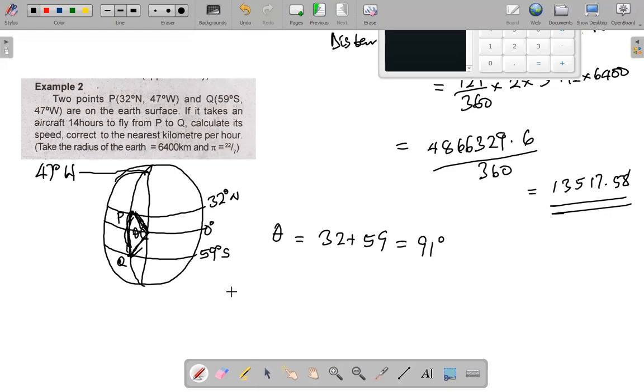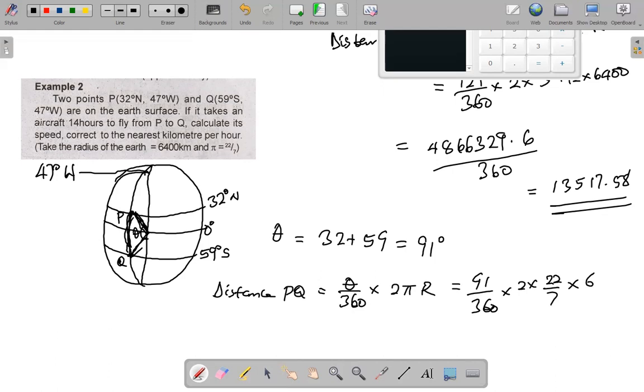From our knowledge of circles, we know that the length of arc, so let me call it distance PQ, is theta over 360 times 2 pi R. We're using capital R here because it's the radius of the Earth, this distance on a great circle. So that would be 91 over 360 times 2 times 22 over 7 times 6,400, the radius of the Earth. So putting all of this in the calculator,